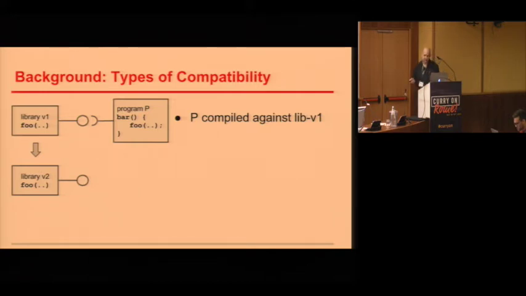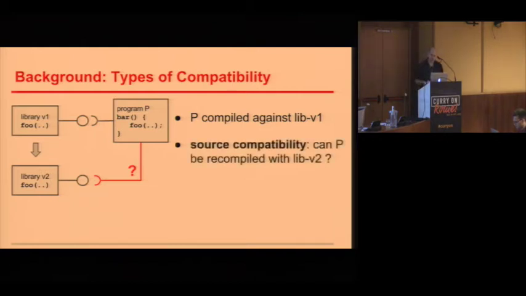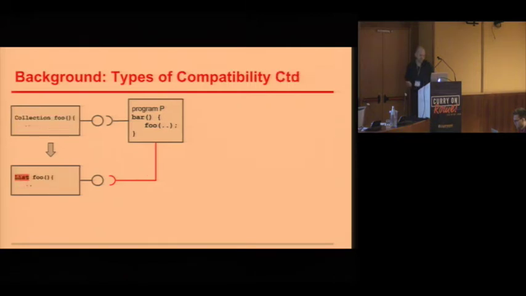There are actually two questions you have to answer here if you want to establish whether that is compatible. First, you could consider that you recompile the program against the new version of the library, or that you just upgrade the binary of the library and redeploy those. And actually the second approach is becoming more and more common as people use automated dependency resolution tools such as Maven, Gradle, or platforms such as OSGi. So there are two questions to answer. Do we have source compatibility, so can we recompile against version 2 of the library, and do we have binary compatibility, can we relink with version 2 of the library?